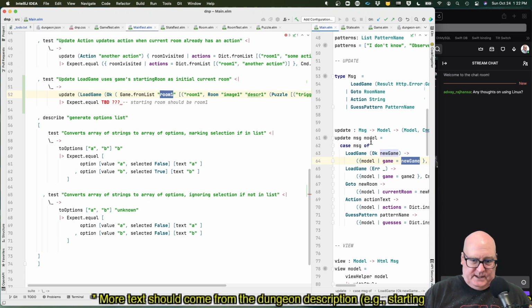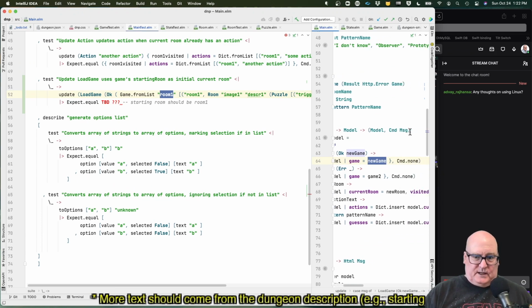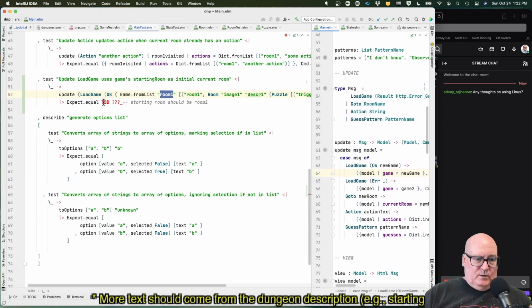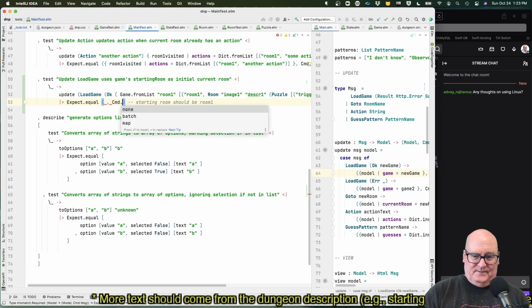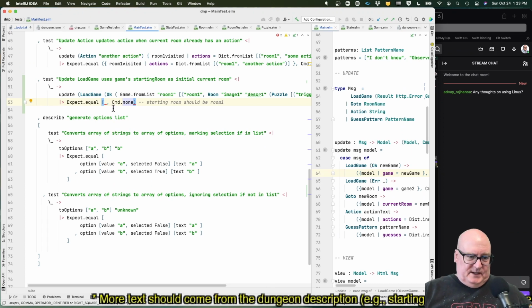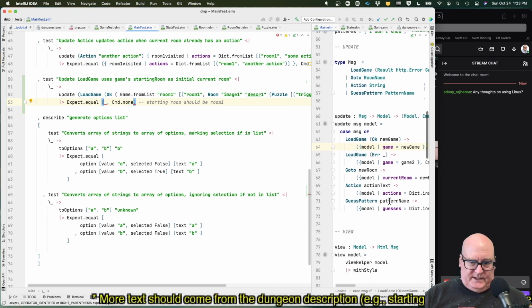The result of an update message model goes to model and command message. Well, we know we're going to have command none, but we need to say what we're expecting. So the update load game that produces the model message, we want that to be equal to, well, it's going to be a pair. The model is trickier. The message is command.none, and then the model, that's our state model.